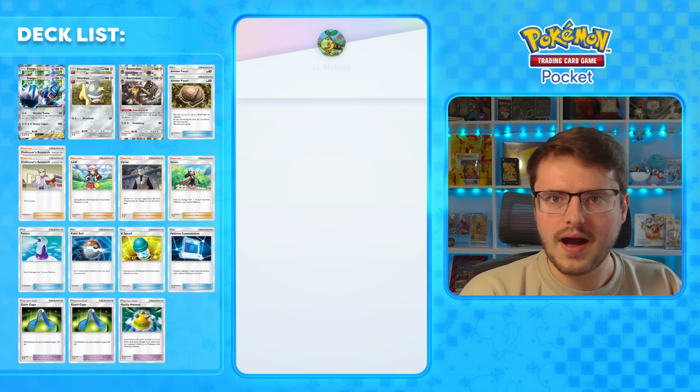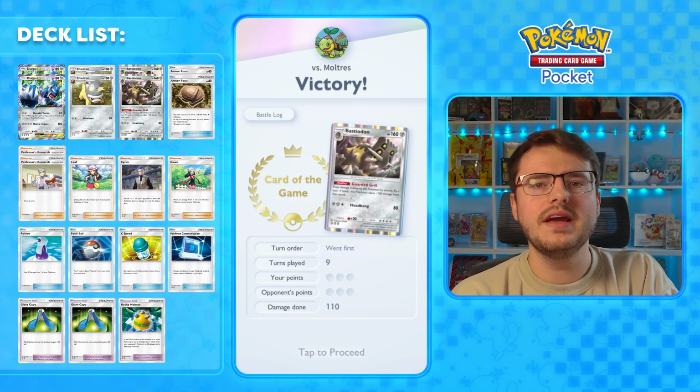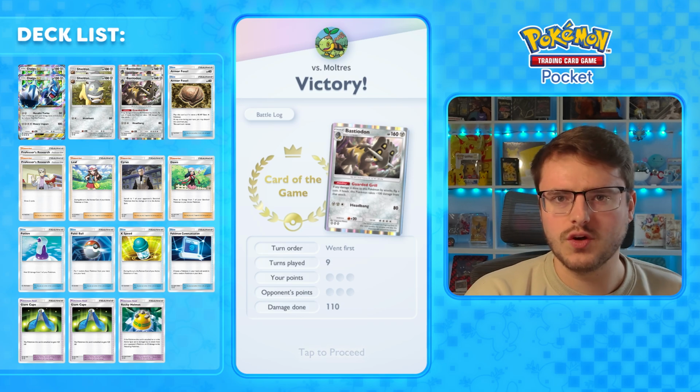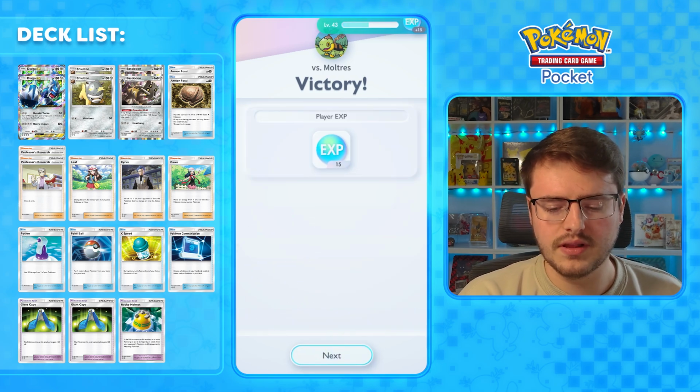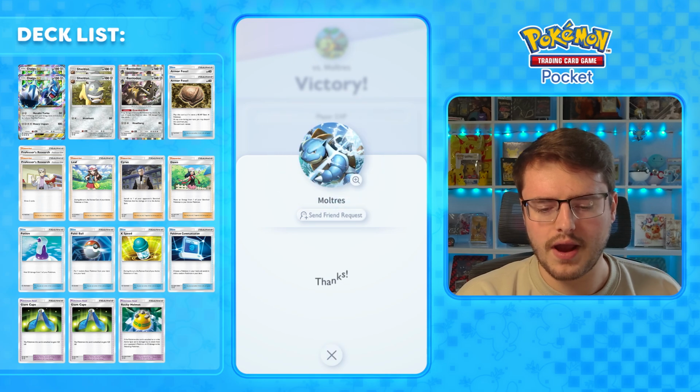Thanks to a coin flip, I won't hide that fact. Thanks to the coin flip, but even if they hit us for 80, we were still in a very good position to win. Bastiodon is just insane. But let's try to get one more match, and we're going to send Moltres a thanks for actually a good